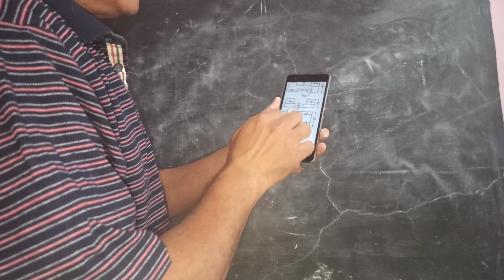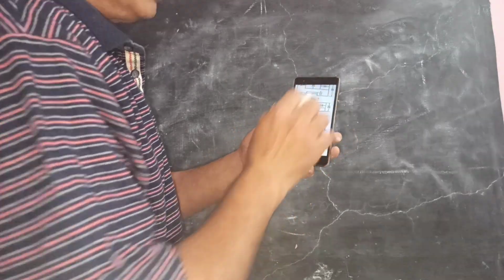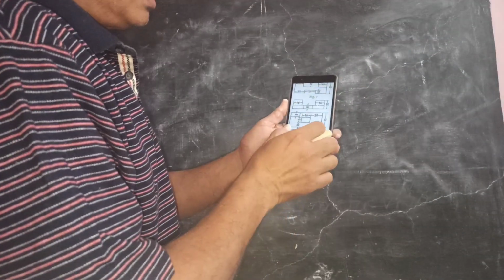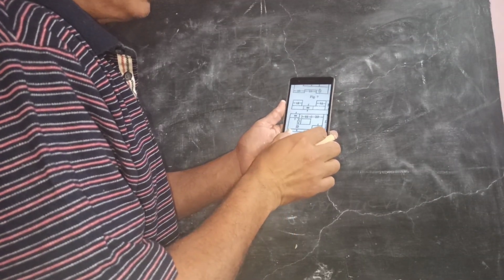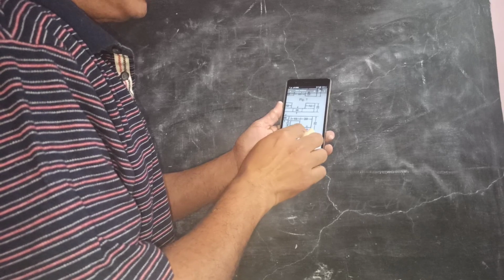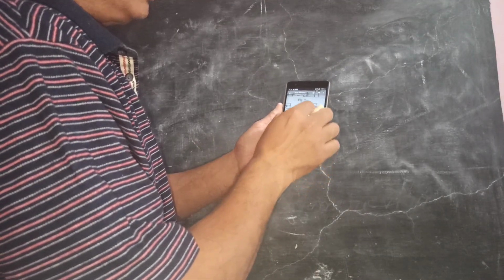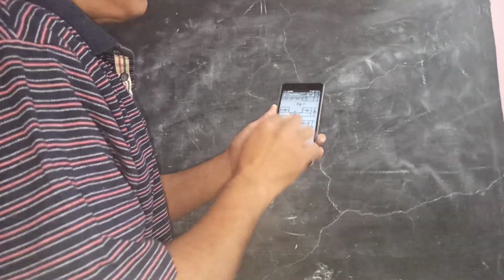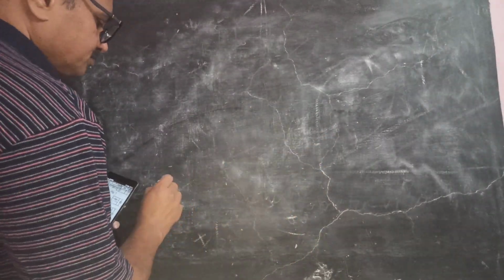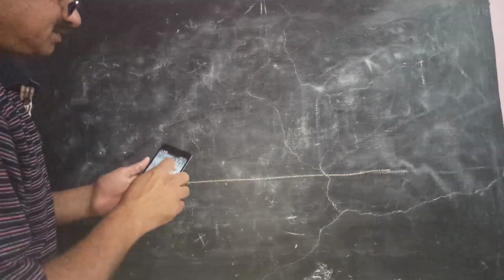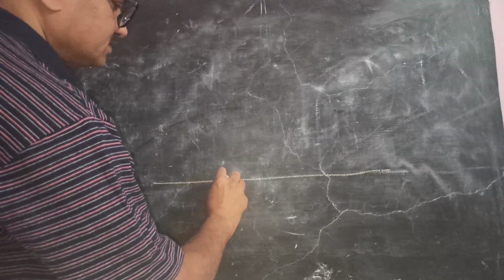In front view we get two dimensions, that is height and length. Height is given here, length is mentioned in the top view, because in top view we get length as well as width. So length is mentioned here, it is 56 and the height is 20, maximum height. You can find out. Draw a line. Then the length is 56. We can mark this length as 56 here.